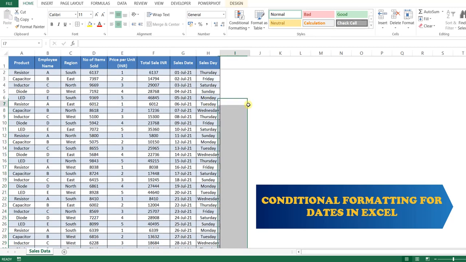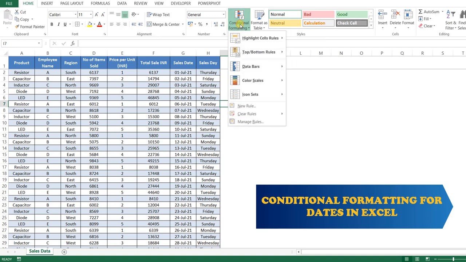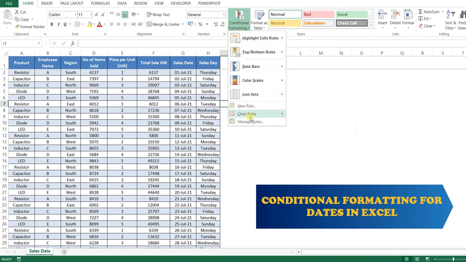Before going towards this topic, first of all, we should know where we can find the conditional formatting option. For this, we have to go to the Home tab. As we are already in the Home tab, we go to the Styles group, and under the Styles group we can find the option Conditional Formatting. But if we click on it, we can see multiple options available under conditional formatting. So where can we find the option to highlight the values for dates?